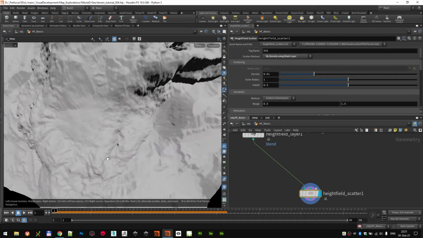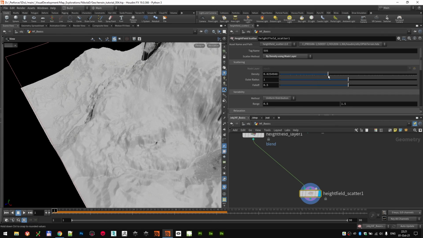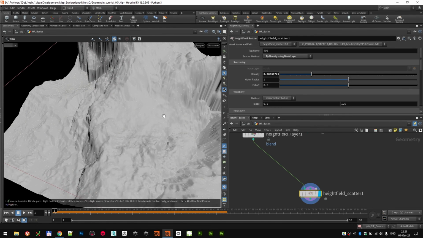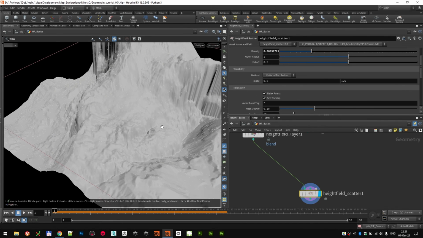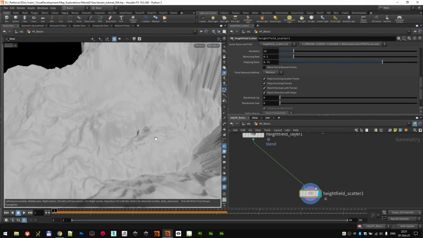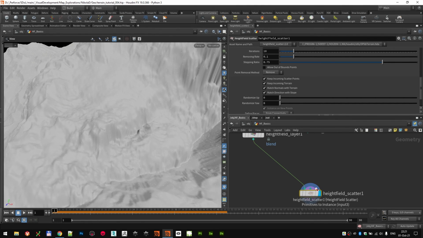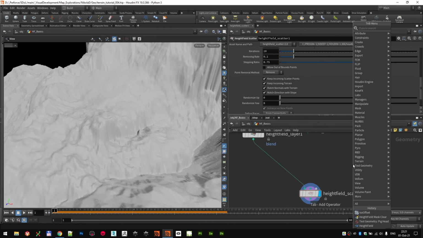Density is the one I tend to use the most, and you can set the density to get a lower or higher amount of points. You can set your outer radius or relax the points to spread them out even more. But the cool thing about this node is that it already has an input for primitives to instance on the actual height field. So